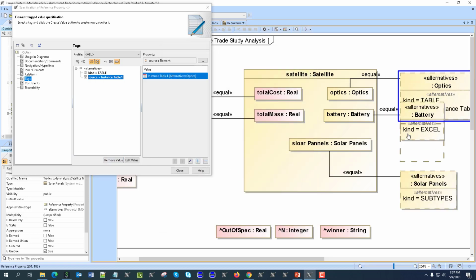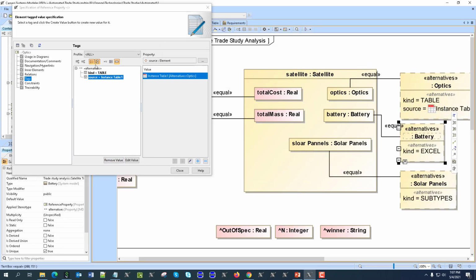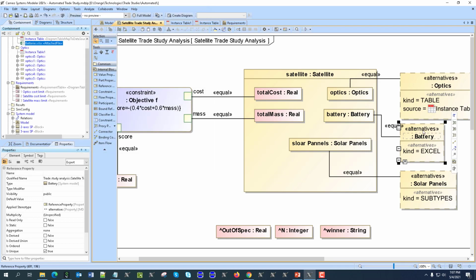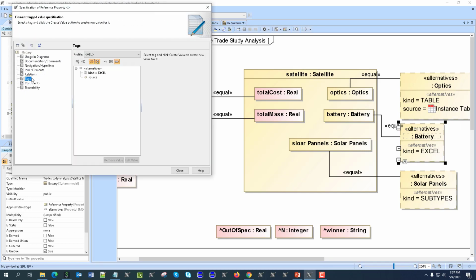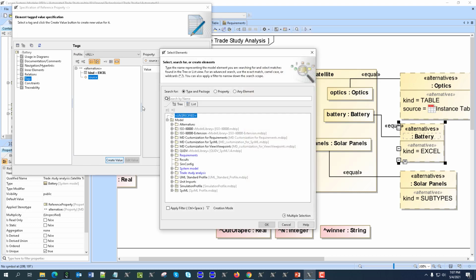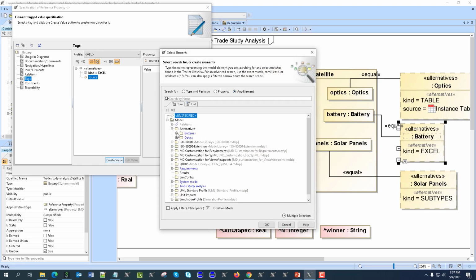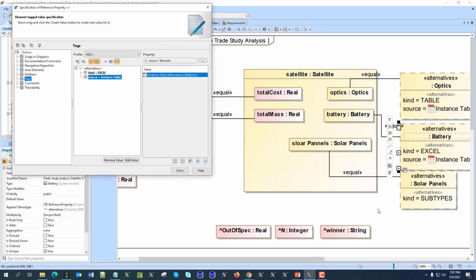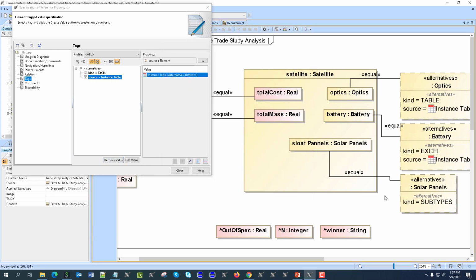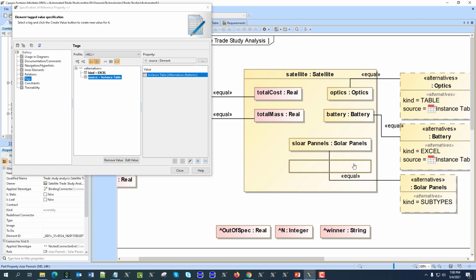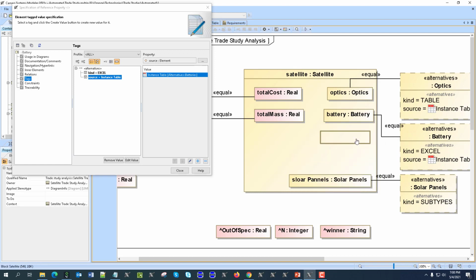And then we'll pick the battery. So we see instance table is here, and then we'll pick the battery again, tags, Excel, source, create, that will be alternative, alternatives, batteries, instance table. That's it. Okay, so we have those alternatives here, and we have